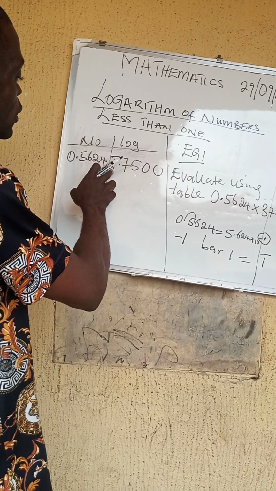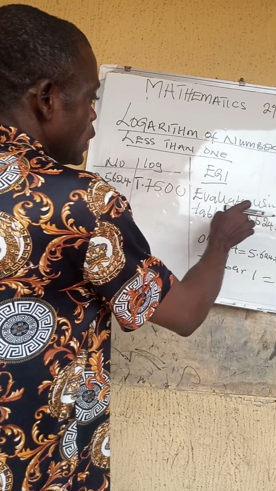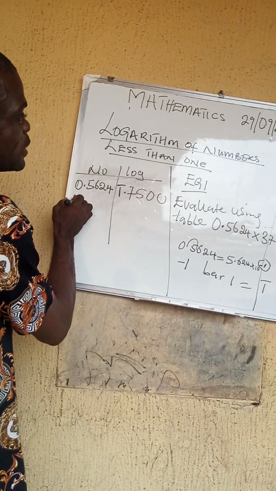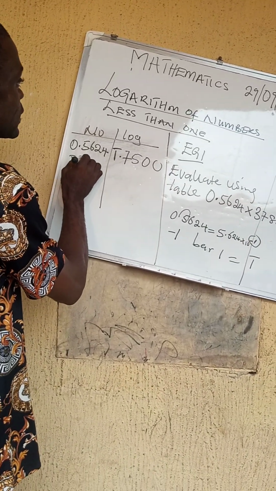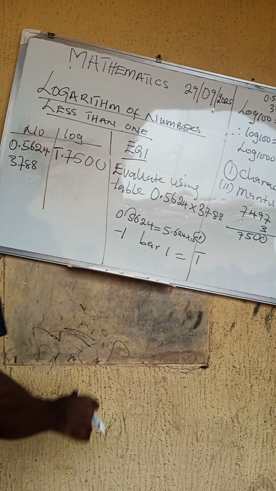So it means that for 0.5624, the logarithm is bar 1.7500. Then we now go to the second one. The second one is 3788. If we have 3